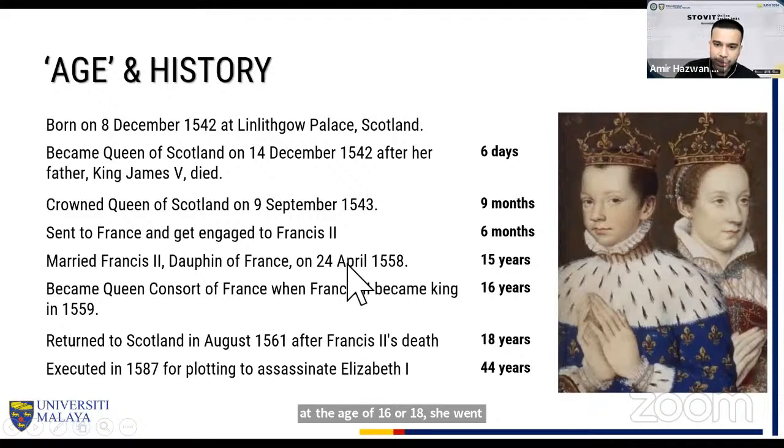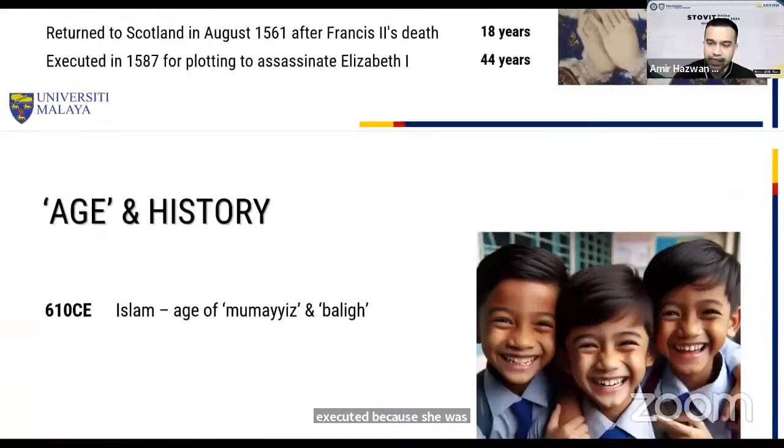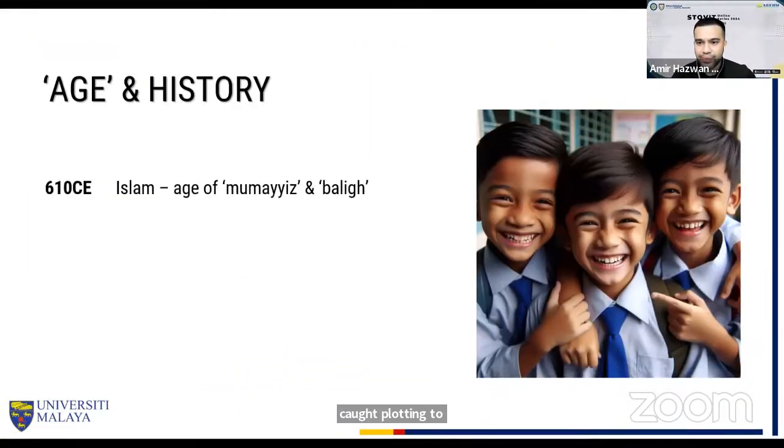At the age of 44 years old, 26 years later, she was executed because she was caught plotting to assassinate Elizabeth I. So they were related, and they were killing each other. Also, other